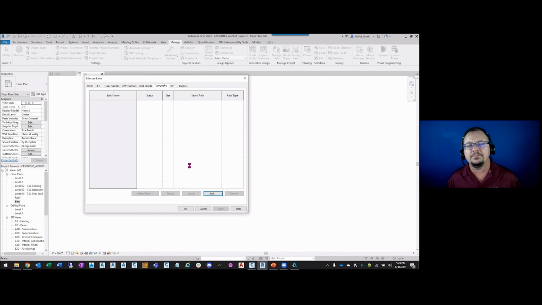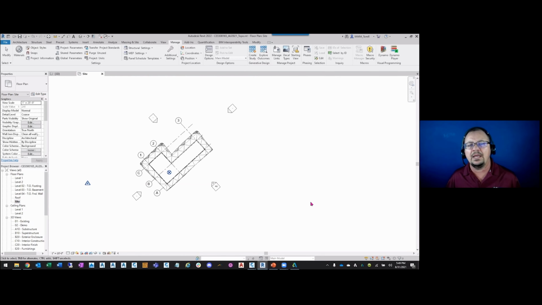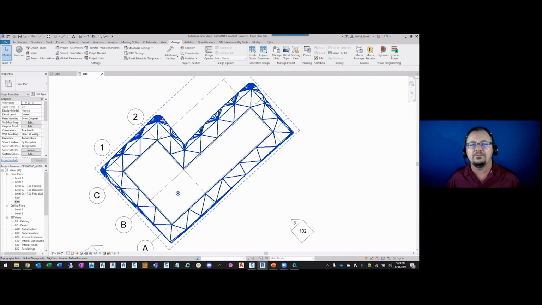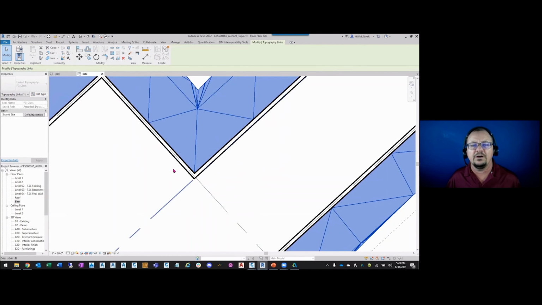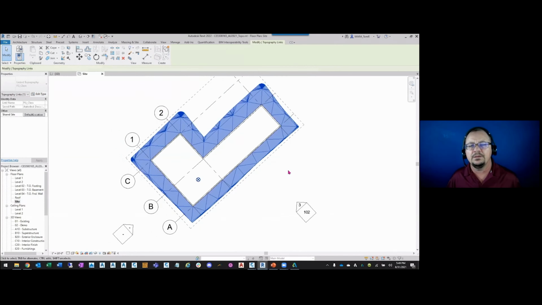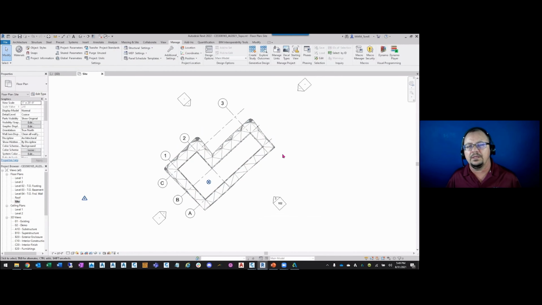And it's going to give me a warning. What it's trying to do is see if the coordinate system matches the internal coordinates on this project, and it doesn't. So it's going to say they don't share the same coordinate system. So we're going to use the world coordinates and align it with the shared project coordinates. So I'm going to pick Close and click OK. And you'll see that the finished ground surface exactly matches the outside edge of my building. So the surface was imported correctly.